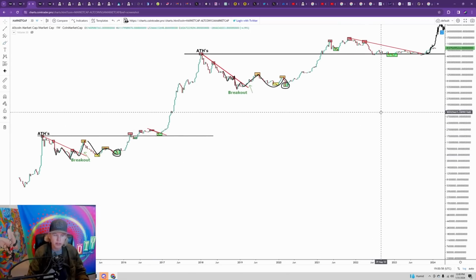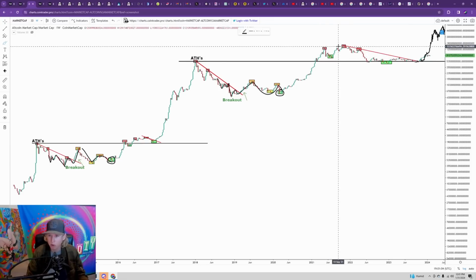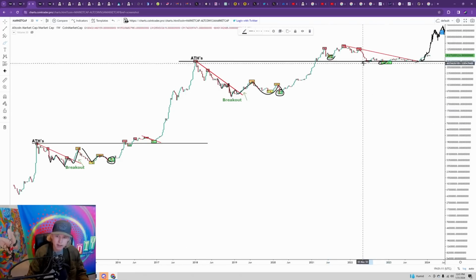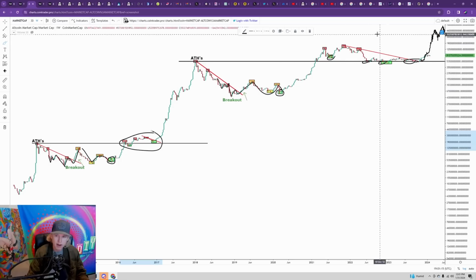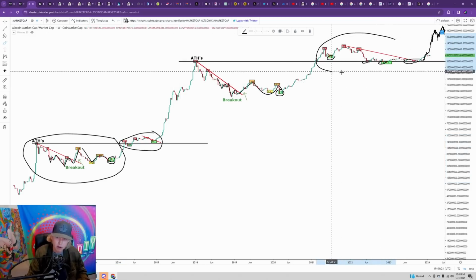And what I find really interesting is when we're looking at our entire last bear market and even into the last cycle top of our bull market, we're seeing almost the same sort of consolidation here. We're retesting these prior all-time highs. It's just a longer version of this same sort of pattern. And that's what I think is super important, is not only have we followed this original fractal, which I wouldn't even really be talking about